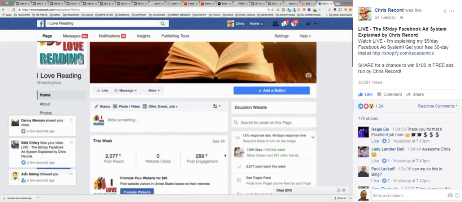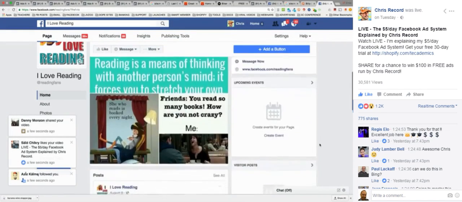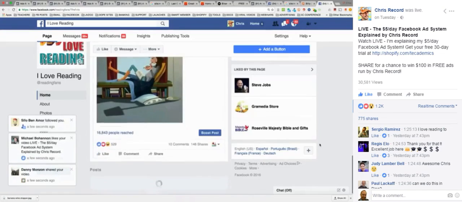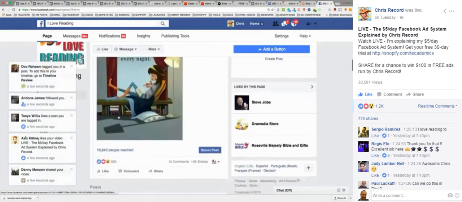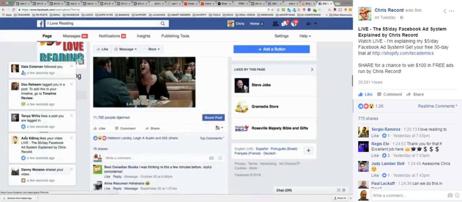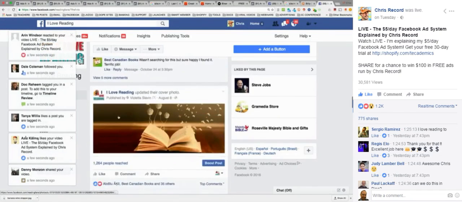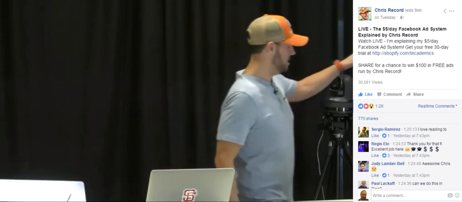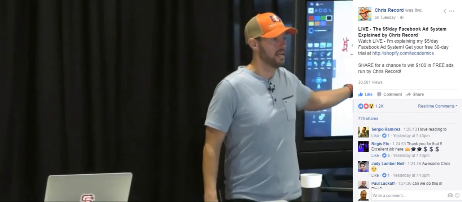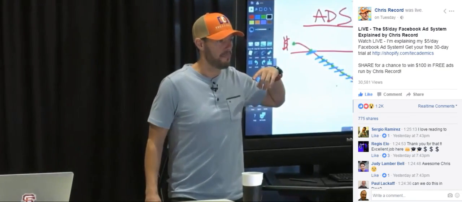I love reading. 135,000 likes. 100 this week. I haven't touched this page in years. It just has automated posts going to it. And look, still 16,000 people reached just on a basic picture, August 8th. This is the most random stuff on here. I love reading. Okay, the point is, I did this for 2 years, lost money, then finally, my friend proved